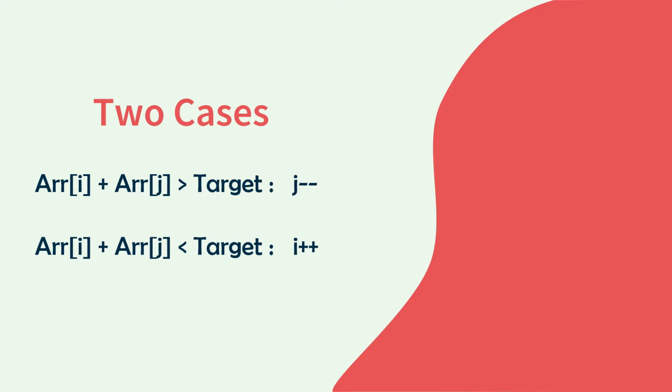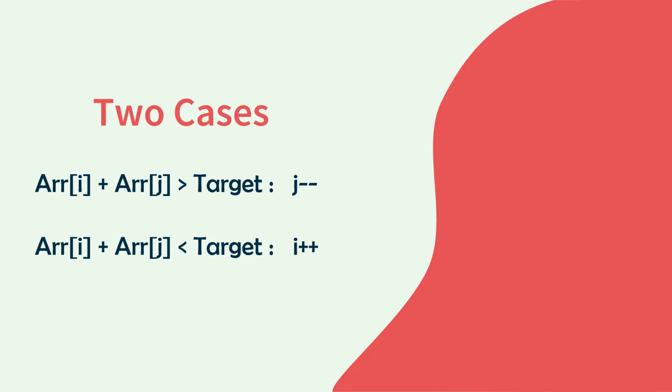So these are the two cases that you need to keep in mind while using the two pointer approach. If array of i and array of j, when you add them up together, sum up to a value which is greater than target, that means we'll have to reduce one of those values, and the only way we'll be able to reduce those values is by picking a lesser element. And we can pick a lesser element by moving our j pointer to the left, or by decrementing the j pointer, because j initially points to the higher valued elements.